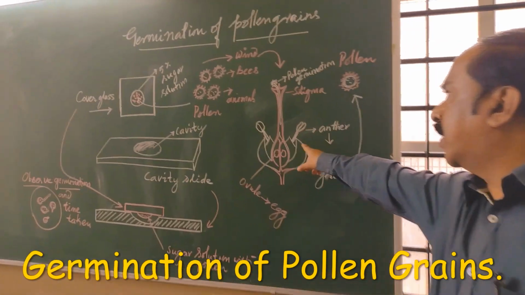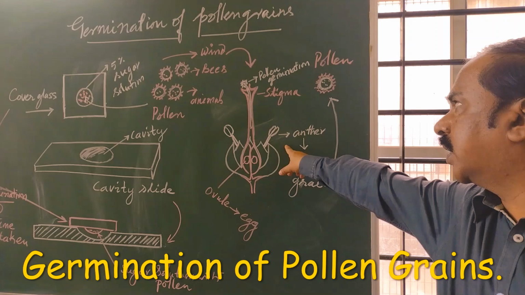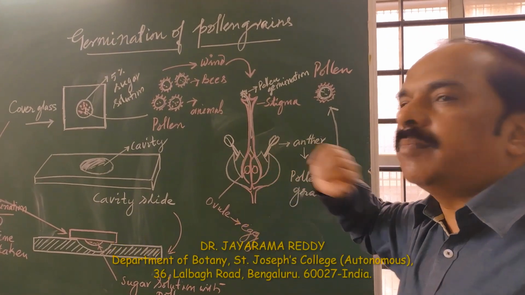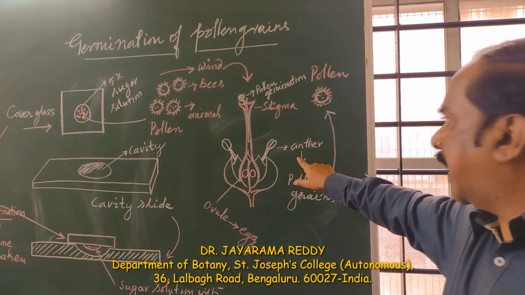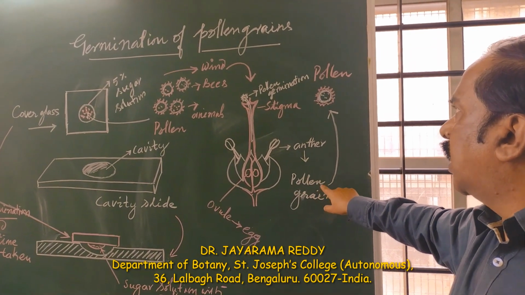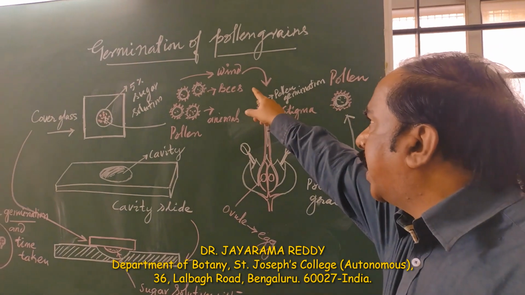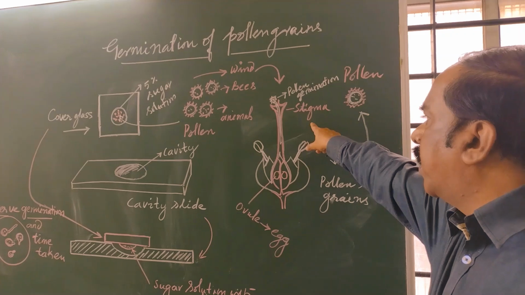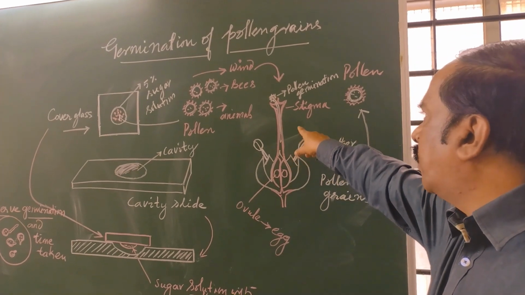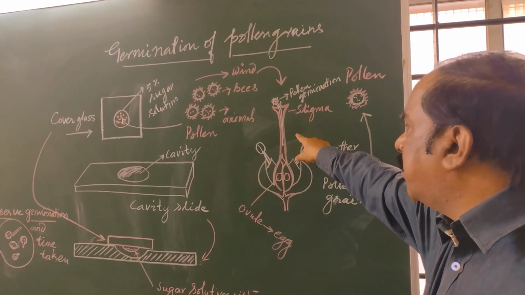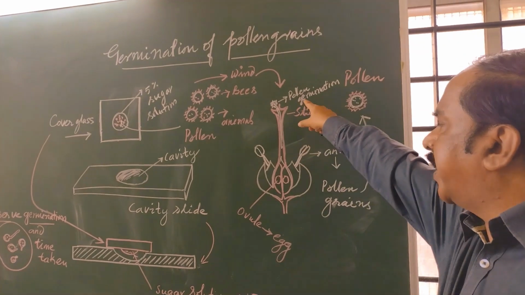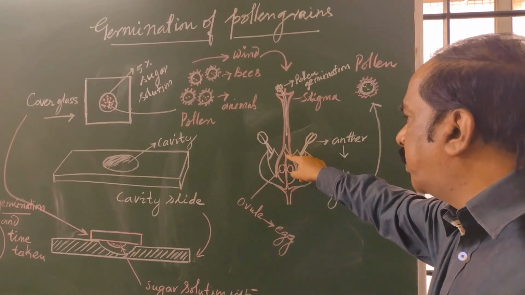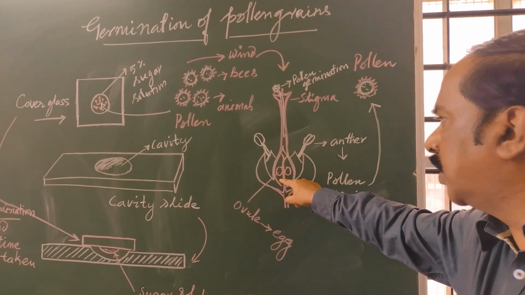The plant will have anthers, the male reproductive organs, and it will have style, stigma and ovary as a part of the female reproductive organs. The anthers will produce pollen grains, and the pollen grains are carried by either wind, bees or animals, and they are transferred onto the stigma of the flower, where stigma is the female reproductive organ. So pollen grains will sit on the stigma and they germinate, and the germ tube will be produced, and the germ tube will enter into the ovule.